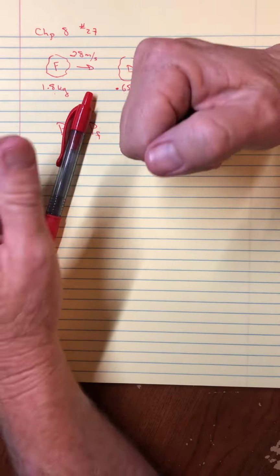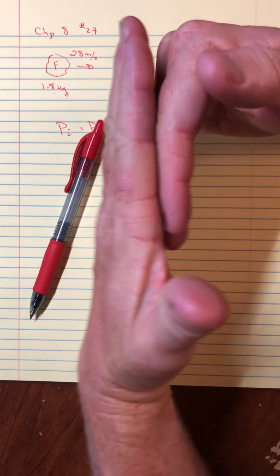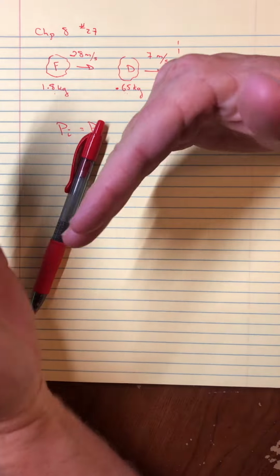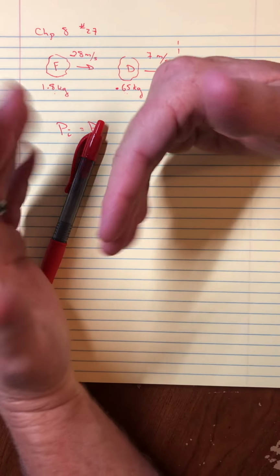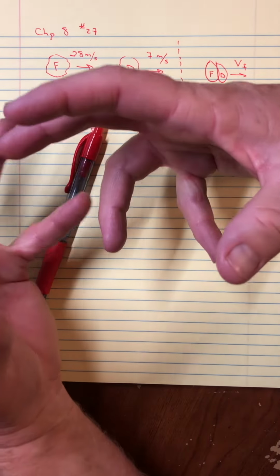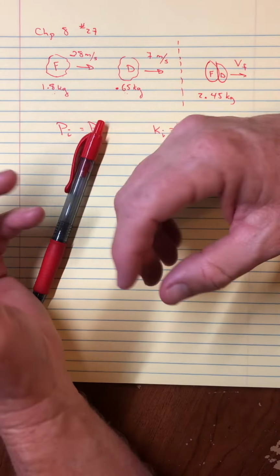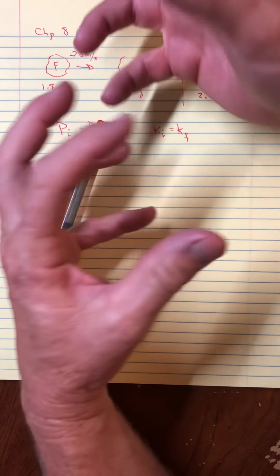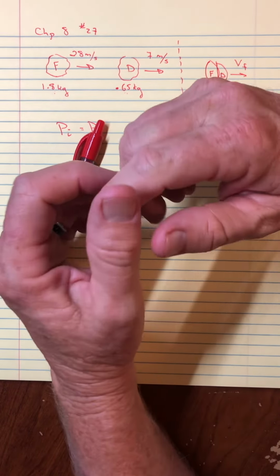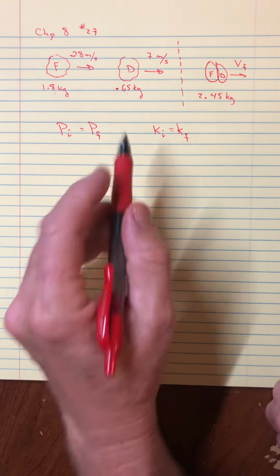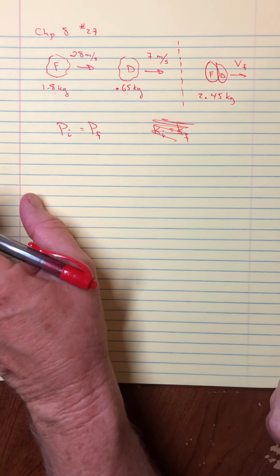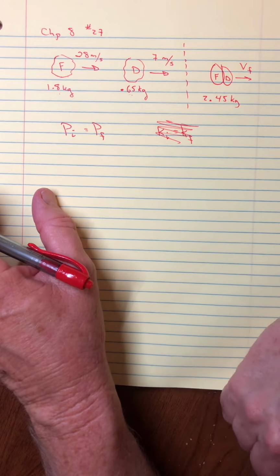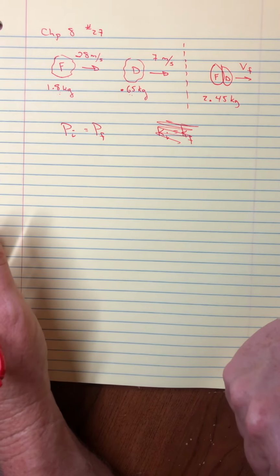But there are cases, especially if they're real hard objects, they can actually bump and they kind of spring off of each other. And there is no rubbing. It's just kind of a compression and pushing back. And therefore, the kinetic energy afterwards is the same as before. But that would only work if they didn't stick together. So I guess what I'm really saying is if they stick together, we know it's inelastic. So I would cross this out just because they said they stick together. But actually, I would also cross it off just because they didn't tell me it was elastic. It's kind of a rare case. So don't assume it unless they say something about it.